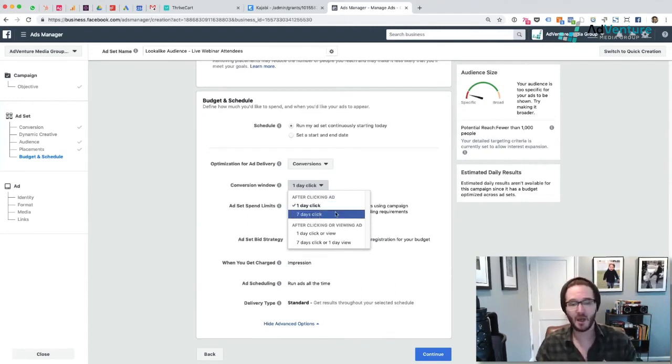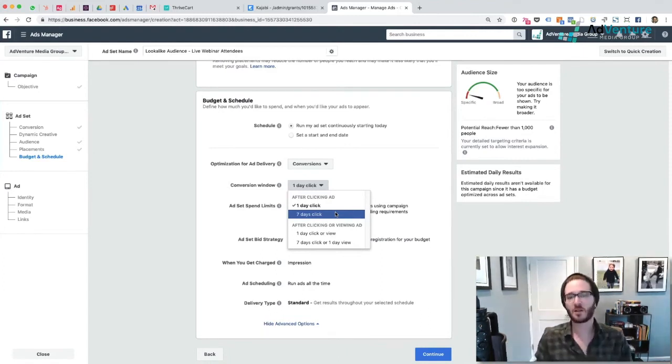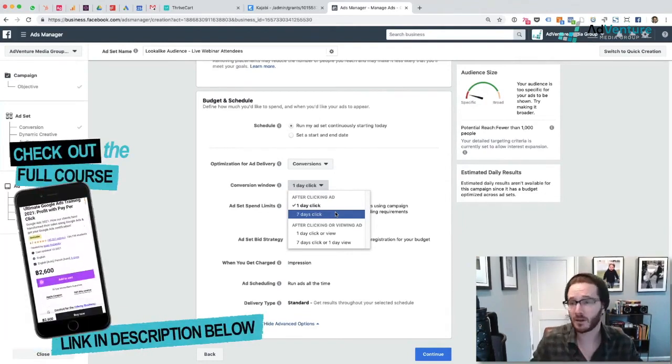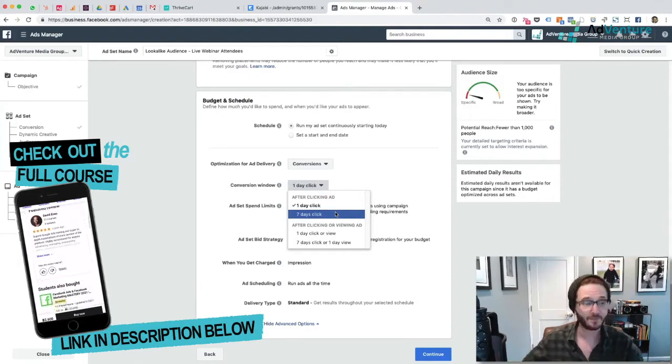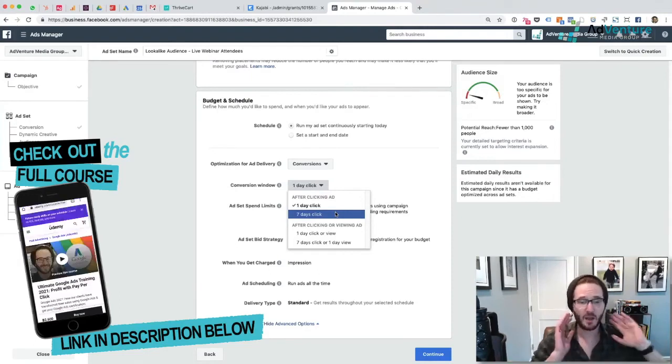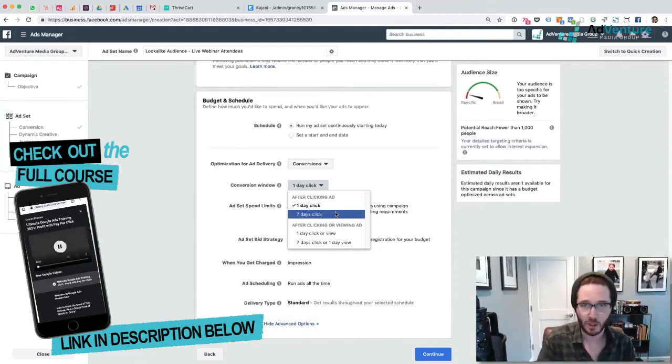If you're sending people to the main page of your website, let's say the contact page of your website, and you have a form, then you probably want to choose 7 day click, because it's very possible that somebody will go to a contact page, not fill out the form yet, but then 2 days later, they'll decide, okay, I'm ready to do it now. They'll come back to your website. They might have had it saved. They'll fill out the form, and you should attribute that conversion back to the original click that you paid for